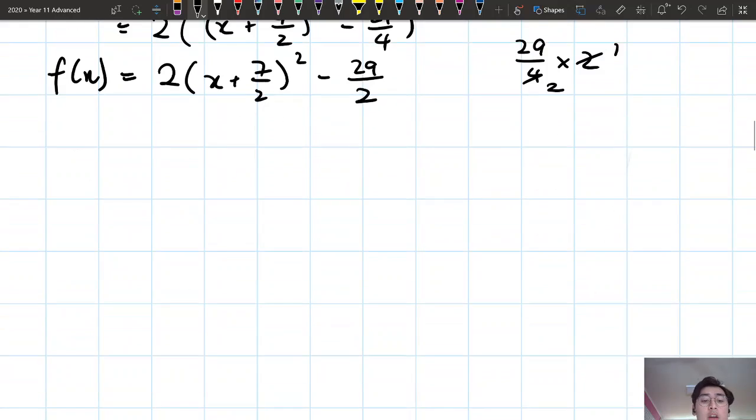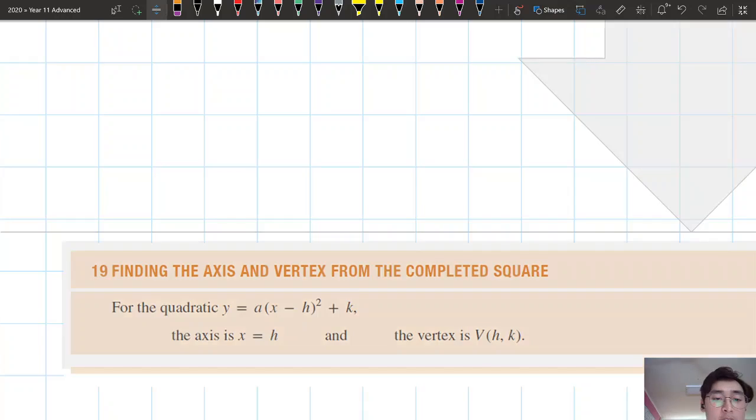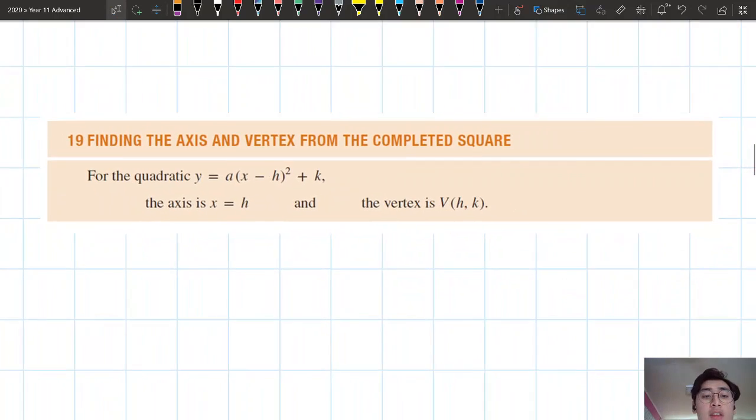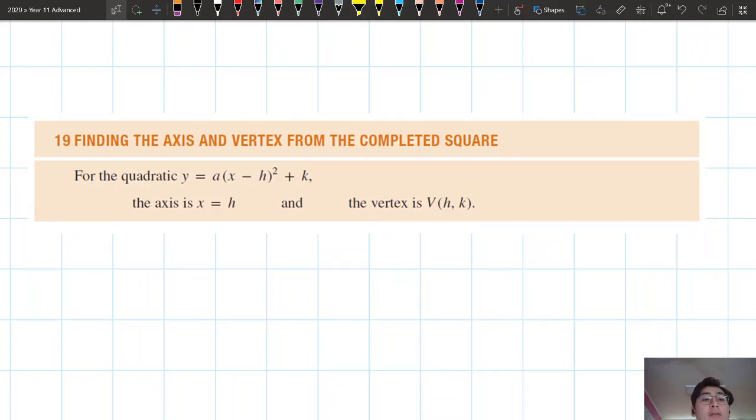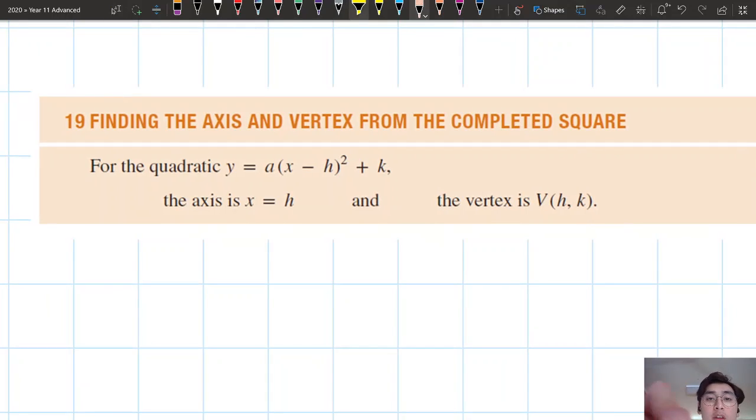What we're going to do is see that the completing the square method actually helps us find the axis of symmetry and the vertex really quickly. So when we have a quadratic in this form, the completed square form, that I was talking about,